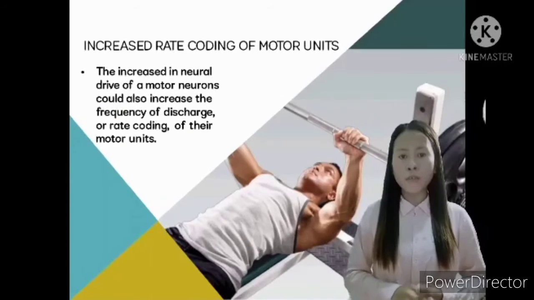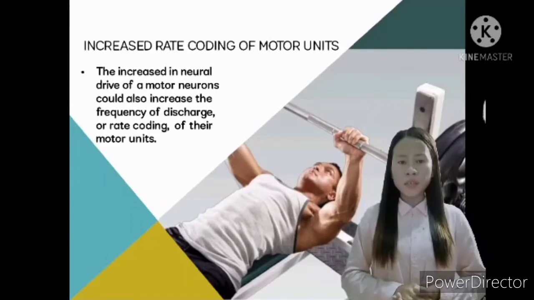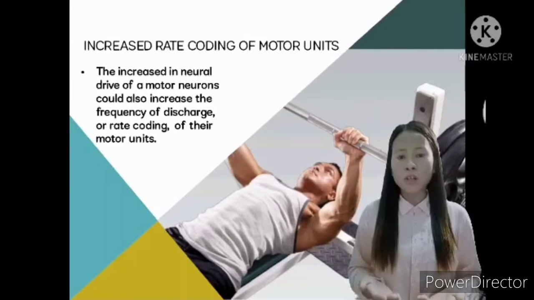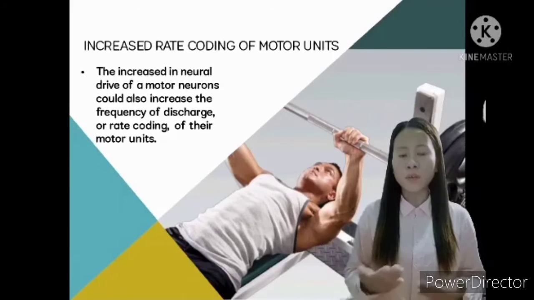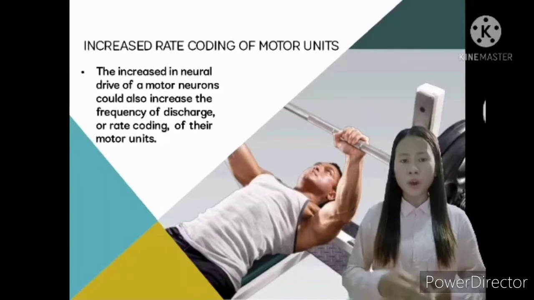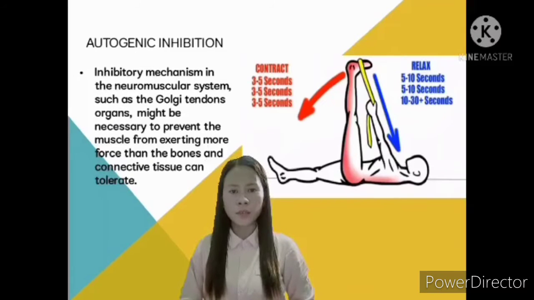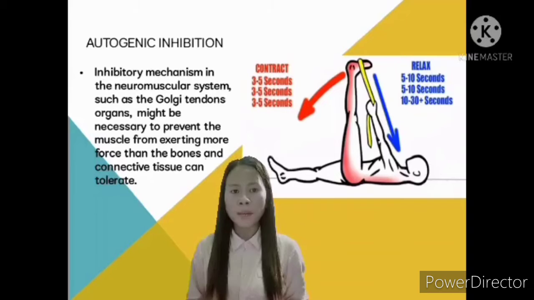Increased rate coding of motor units. The increase in neural drive of motor neurons could also increase the frequency of discharge, or rate coding, of their motor units. Autogenic inhibition, an inhibitory mechanism in the neuromuscular system, such as the Golgi tendon organs, might be necessary to prevent the muscle from exceeding what the bones and